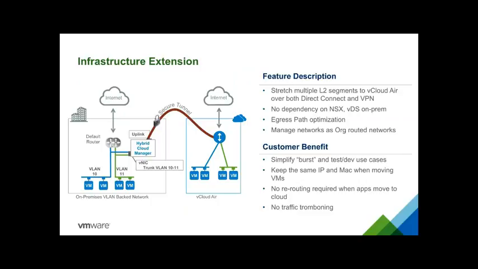The next feature, and maybe the most unique one, is pretty straightforward. Basically, it's a feature which is going to give you the ability to stretch a layer 2 network into the cloud. Even though that's very basic, it's extremely powerful, because that means you can use the cloud as an extension to your existing network. You'll be able to retain the same IP address and MAC address. You won't have to do any routing to move your apps into vCloud Air,